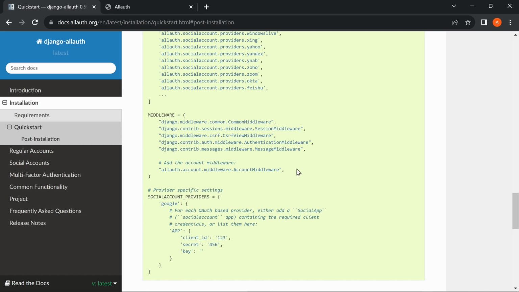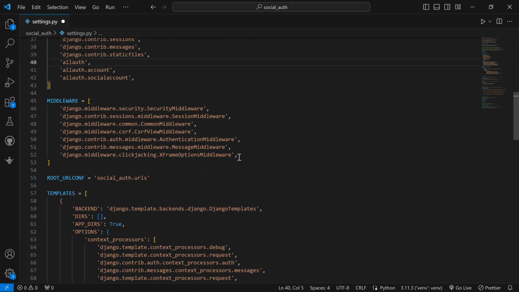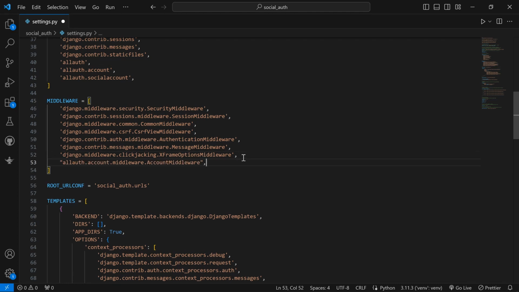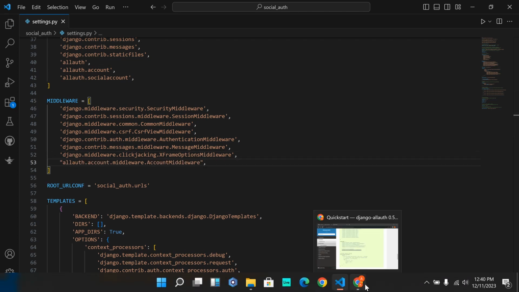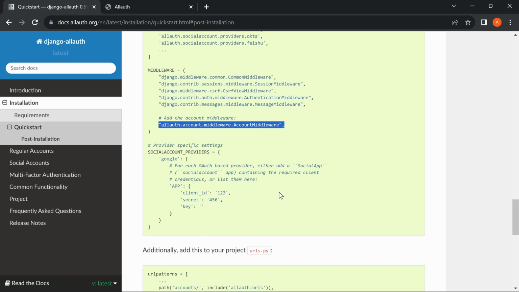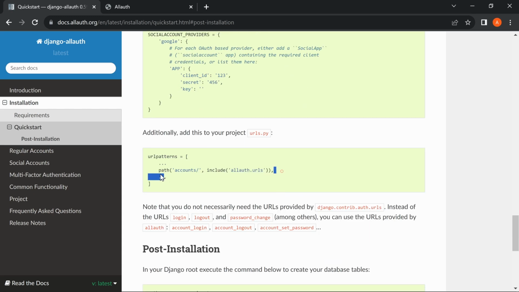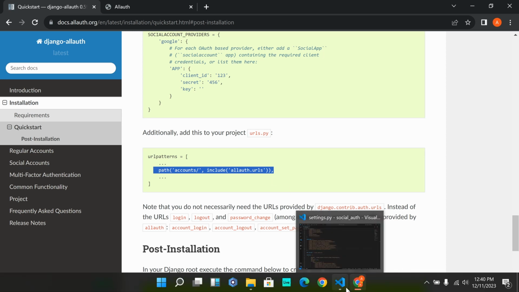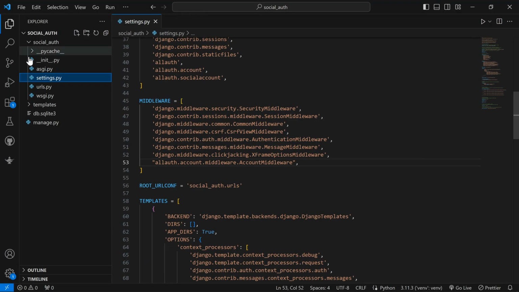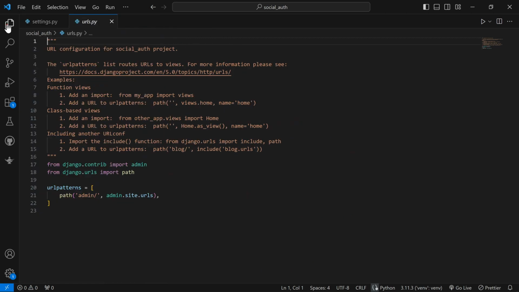Okay, let me add middleware too. These other middlewares there. Let's go here, below, we'll paste this, save. Let's see if there's any other thing we need to add before we continue. Okay, let's go to our urls.py. Inside the URLs, we'll register the other URLs. So open this, go to our urls.py,